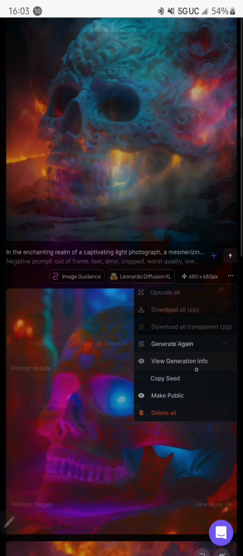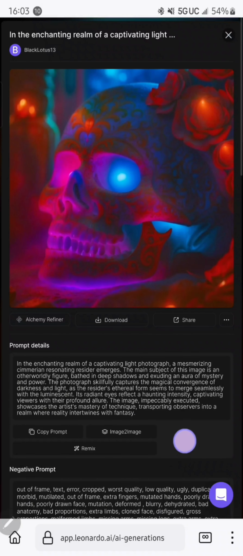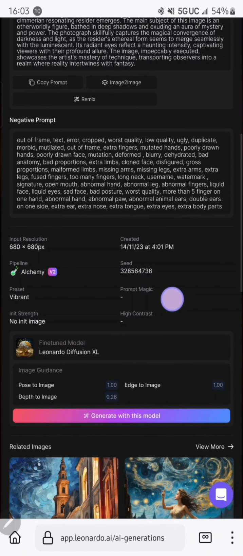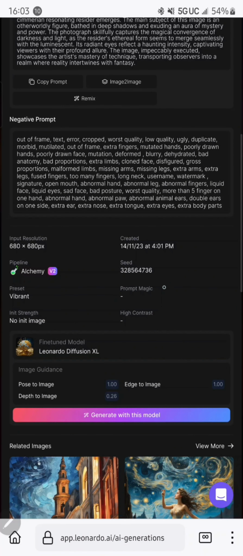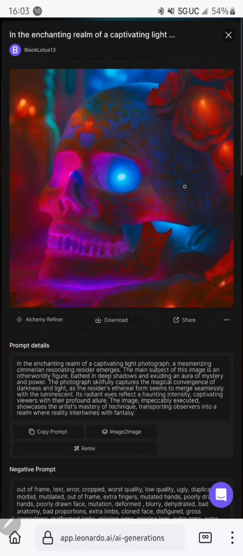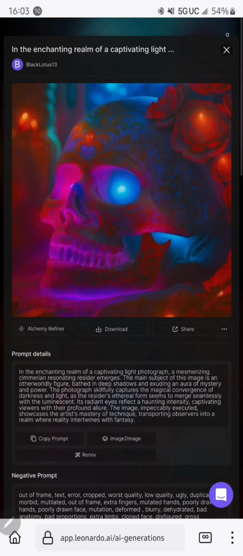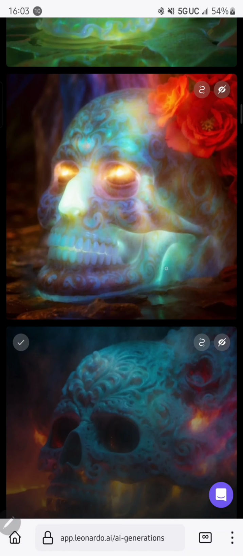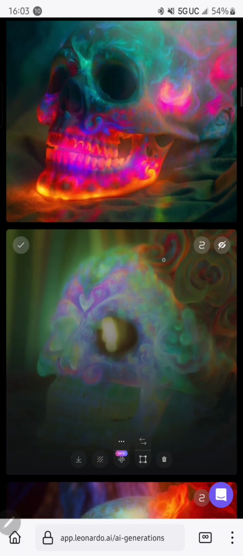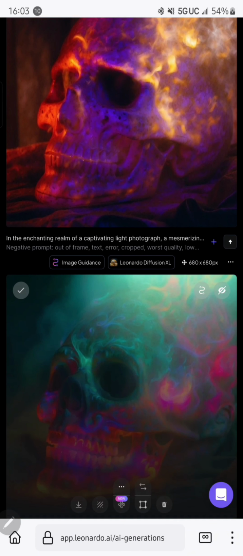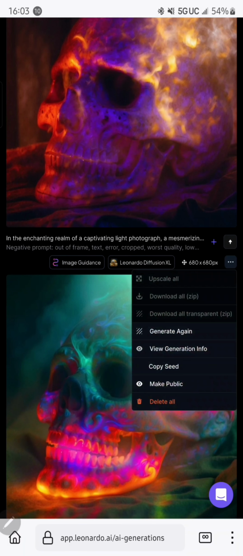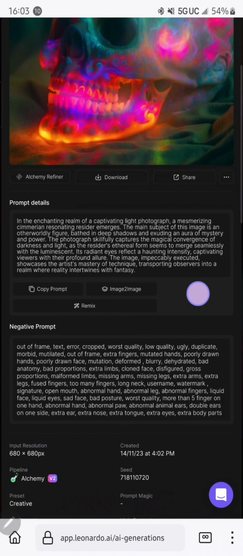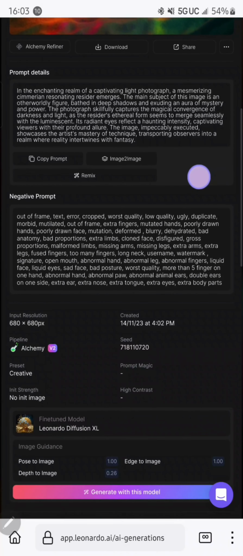View the generation info, and this one is vibrant. Okay, this is the vibrant one for the preset. That's vibrant. This is actually pretty dope. I might actually keep these and make this into a video. This is creative